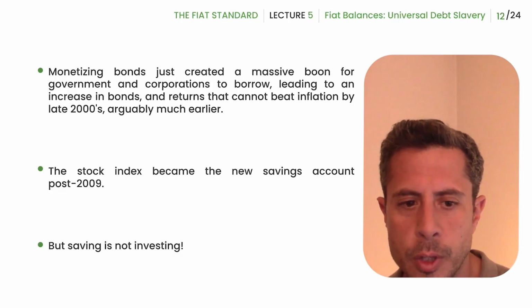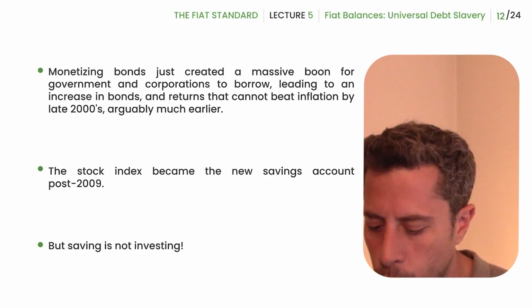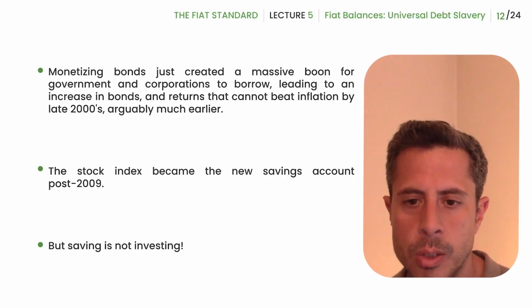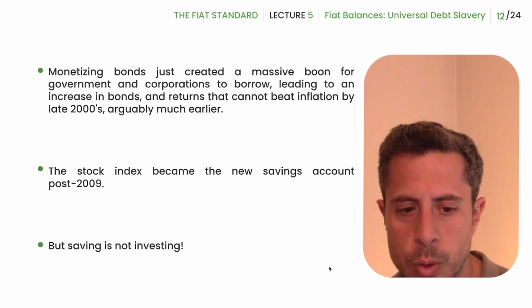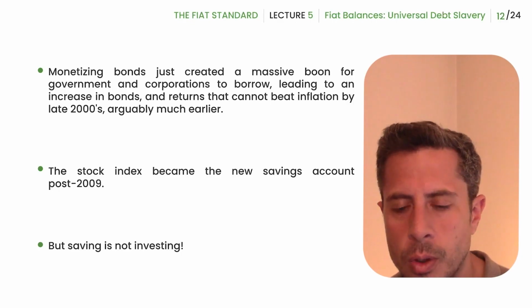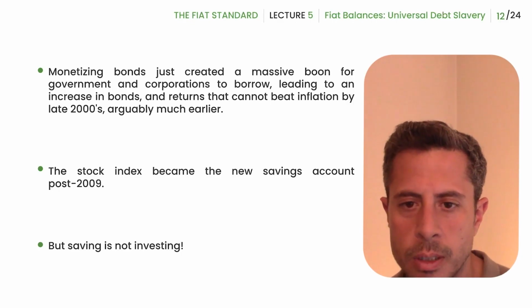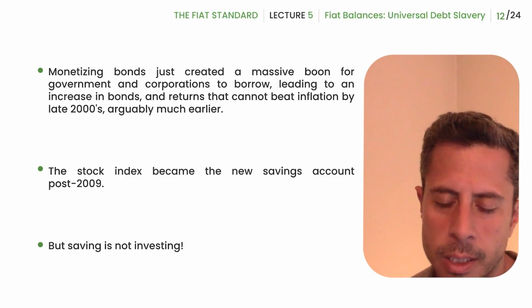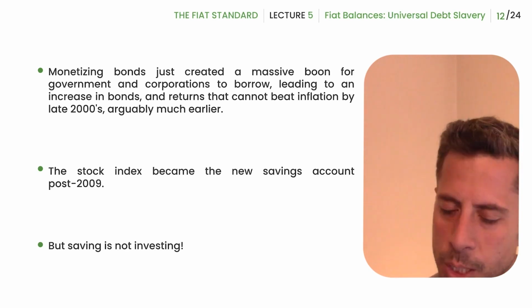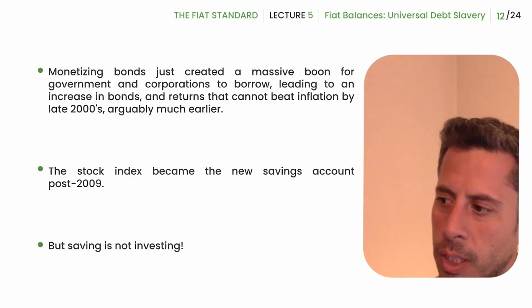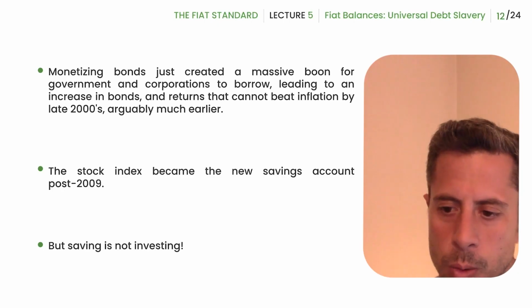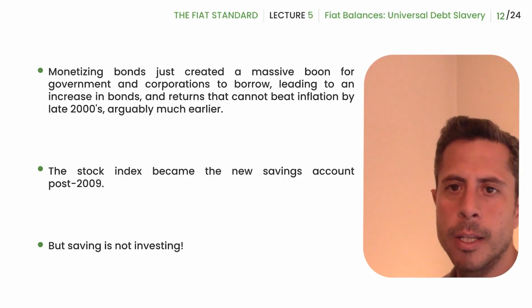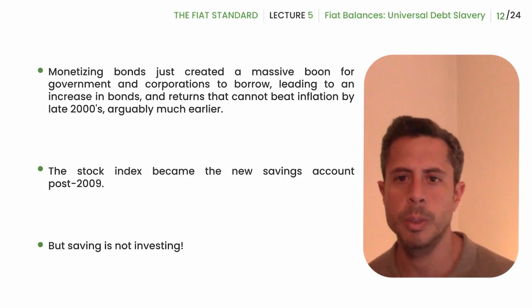And so, particularly after 2008, 2009, with the inflation that happened and all of the quantitative easing, the stock index then became the new saving account. And so you couldn't just put your money in bonds in order to save it for the future. You had to get into the stock index. And that was considered like the safe bet because there's always things going on in capitalism and companies making new things. And if you bet on the index, then you're just betting on all of those companies together. And they only have the best companies there for you. So you'll be all right.